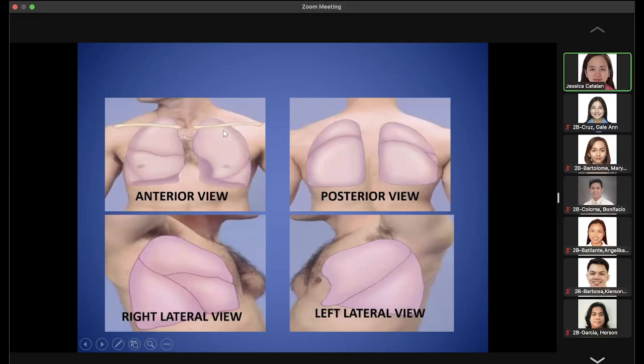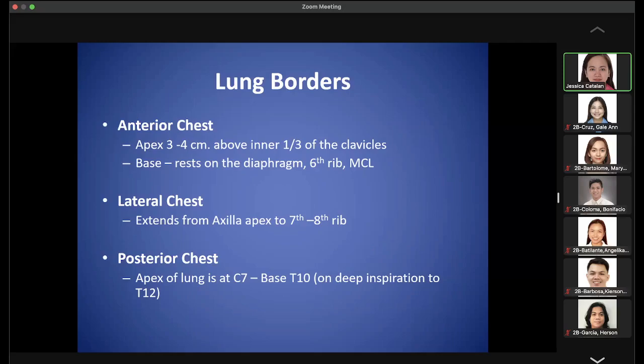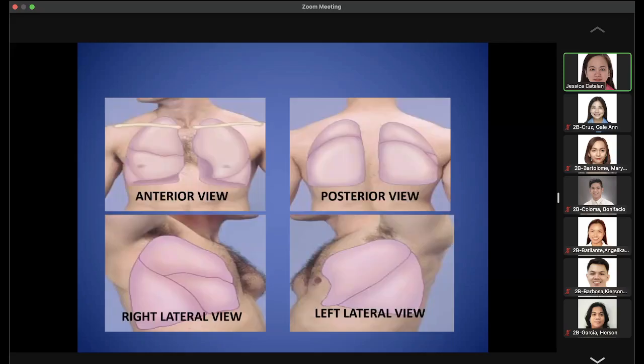So anteriorly, you can still auscultate sa upper clavicle kasi may apex pa doon. So that you know na pag nag-auscultate ka, vesicular breath sounds ang ma-appreciate mo dyan. Okay? So posteriorly naman, as high as what? C7, level of C7. And below, it's T10 pa. And on deep inspiration, it can go as low as T12. Nakuha? And then laterally, sa axilla, no? Sa kilikili mismo, you can still auscultate part of the lungs.